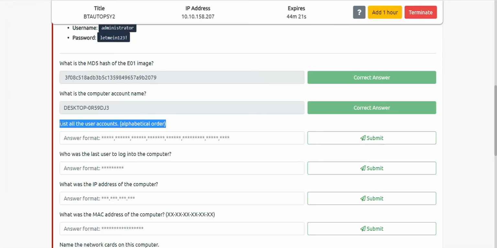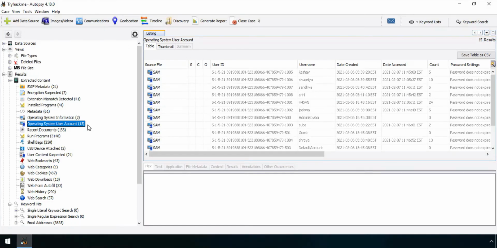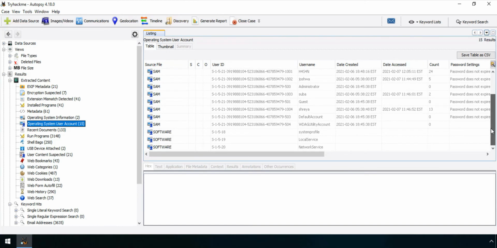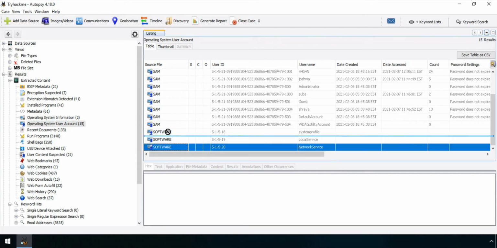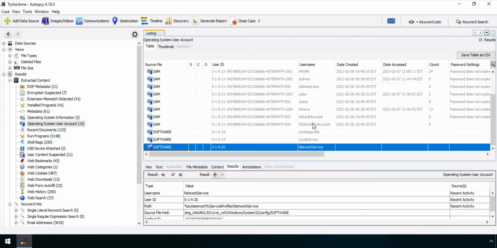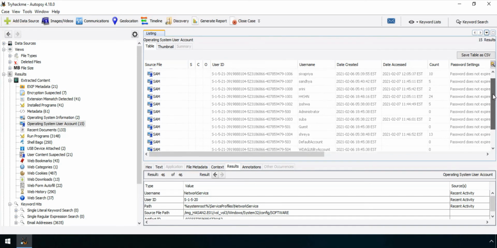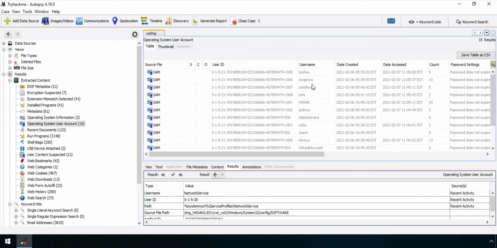So what we were saying is listing all the user accounts. Here you can see the user accounts are given to us. There are so many user accounts. Actually, what you see here are the software accounts, so you don't have to mention all of these. These are the users' accounts, what the users have been doing.